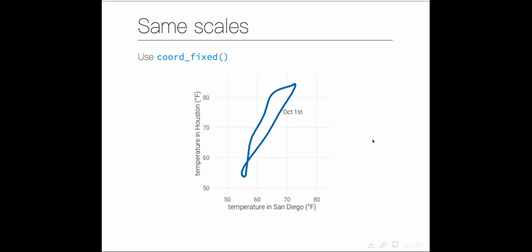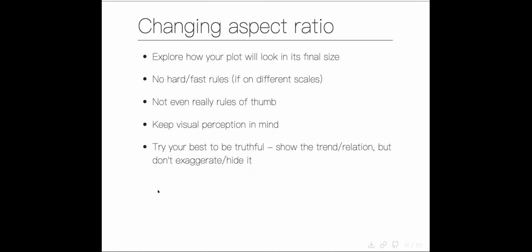axes that are on the same scale, as I mentioned just a minute ago, then you should be using coord_fixed, right? Because then you don't have to worry about the aspect ratio at all, because it's just going to be what the data are. And so this is showing temperature change. So the line is actually representing time. So it's kind of weird, but